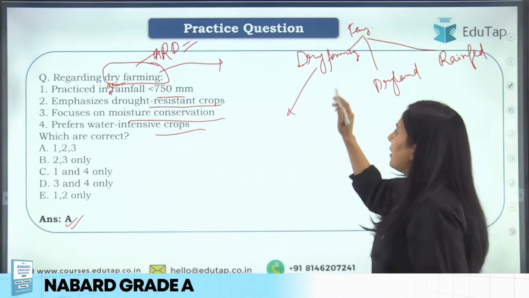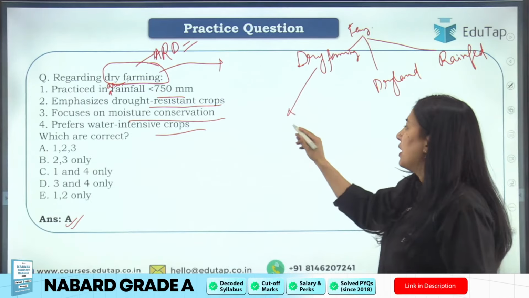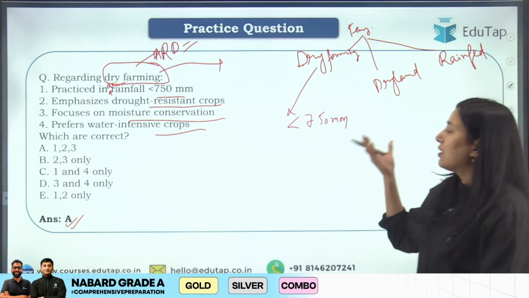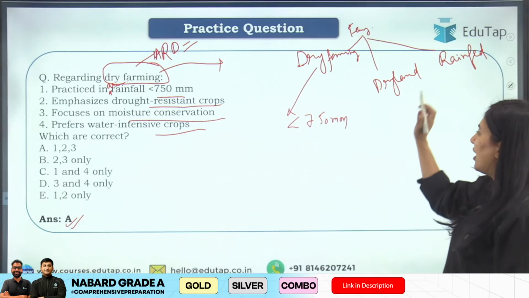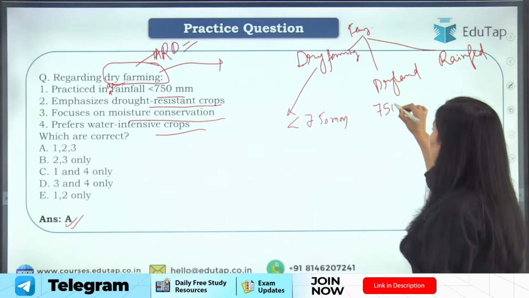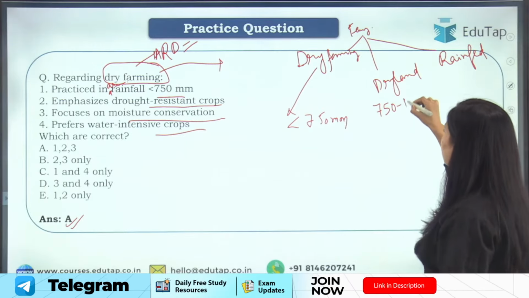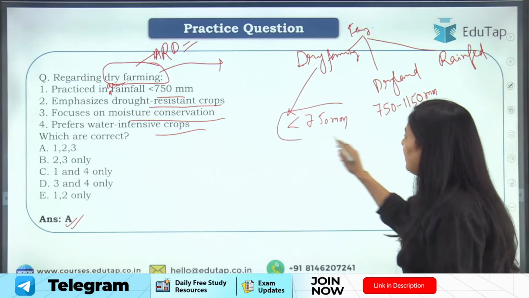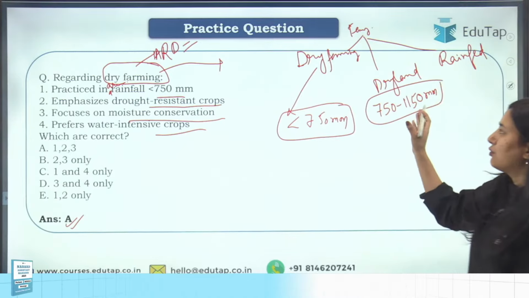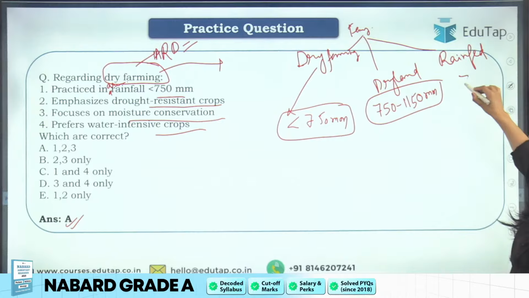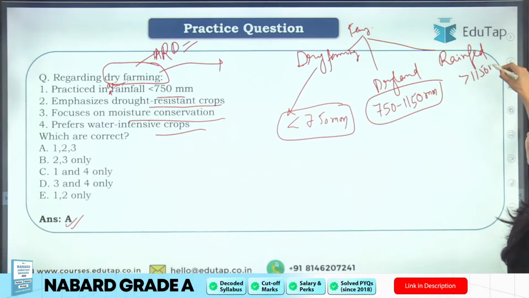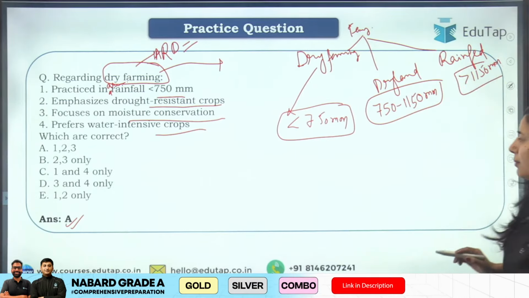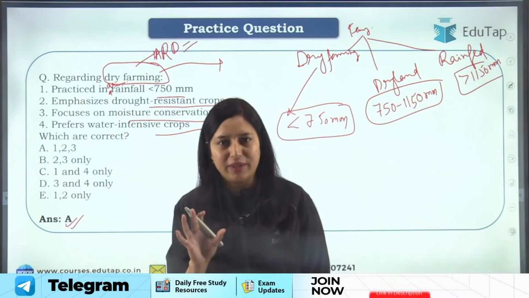So students, dry farming is basically adopted in the regions where the rainfall is less than 750 mm. Okay, these areas receive rainfall less than 750 mm. Dryland is adopted in places where the rainfall received by these areas is 750 to 1150 mm. So this is a classification. You have to learn this data. You have to learn the amount of rainfall received by dryland and rainfed. And rainfed areas basically receive rainfall more than 1150 mm. So students, very important. It's very important. Okay, because यहाँ से you'll see in PYQs questions have been asked.